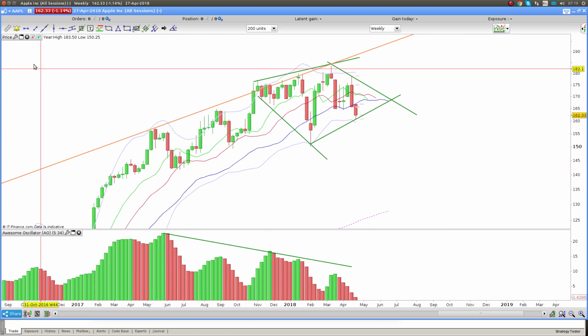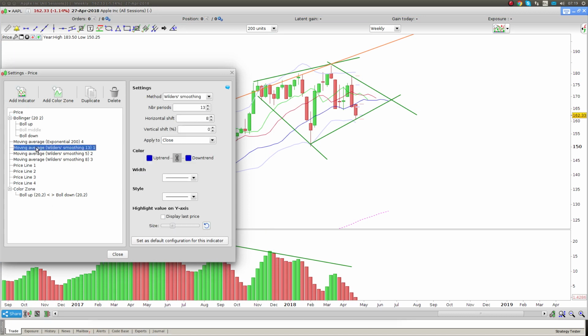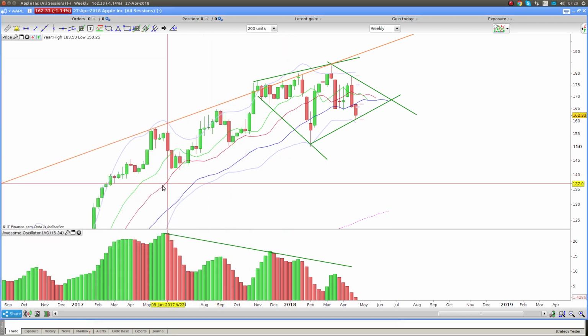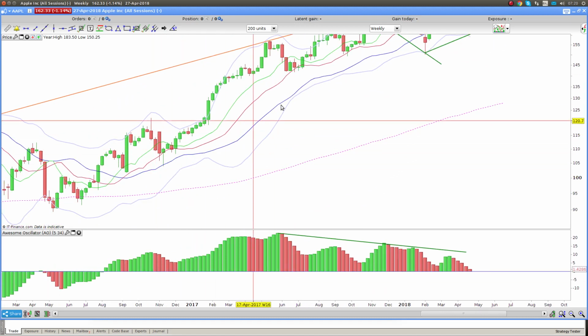Now, what you need to understand about the alligator is it is essentially three moving averages. So the one is a 13, 5, and an 8. Your 13 is the long-term moving average, and it's a smooth moving average, okay? And then your midterm is the 8 moving average, okay? So essentially, when they are running like this, we are in an uptrend, and you can see how it functions,